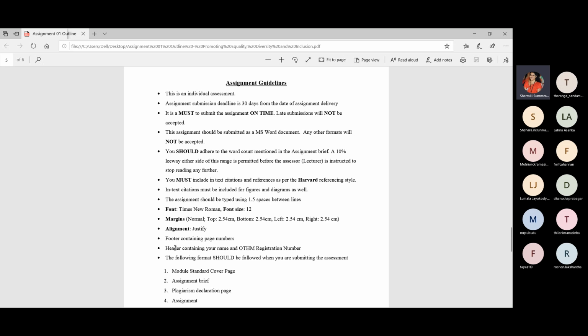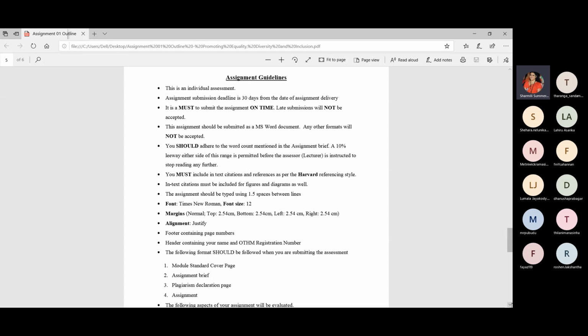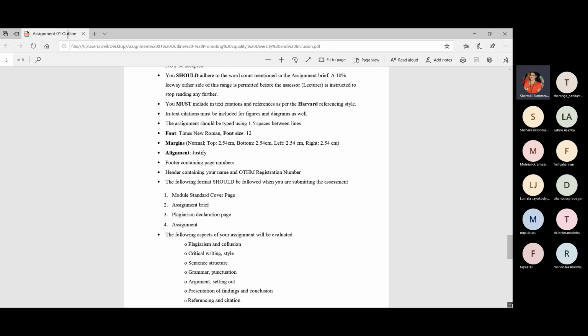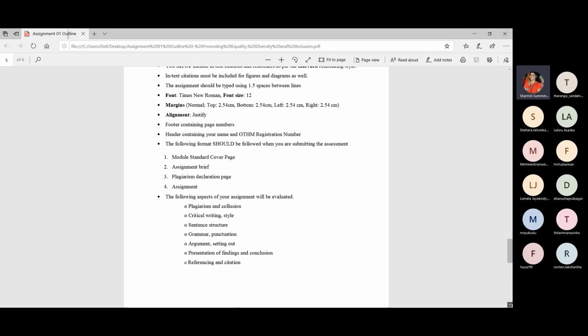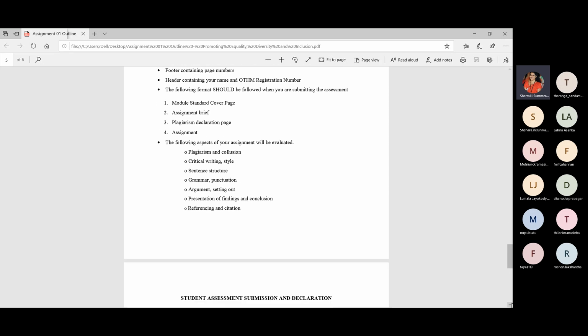You need to put page numbers in the footer, and the header should contain your OTHM registration number on every page. The following format should be followed when submitting: modules and standard, that means the assignment brief, the plagiarism declaration page and the assignment.